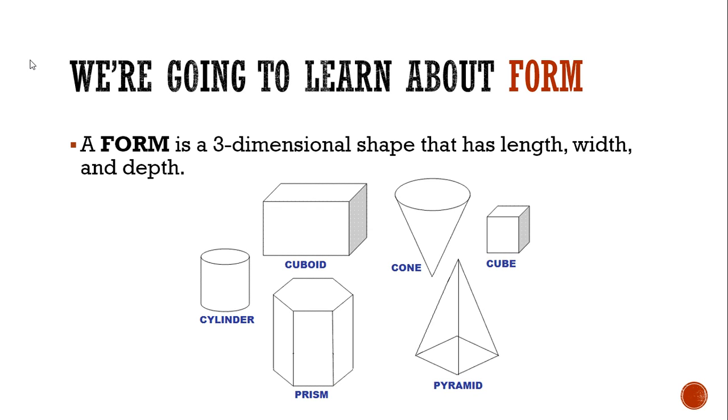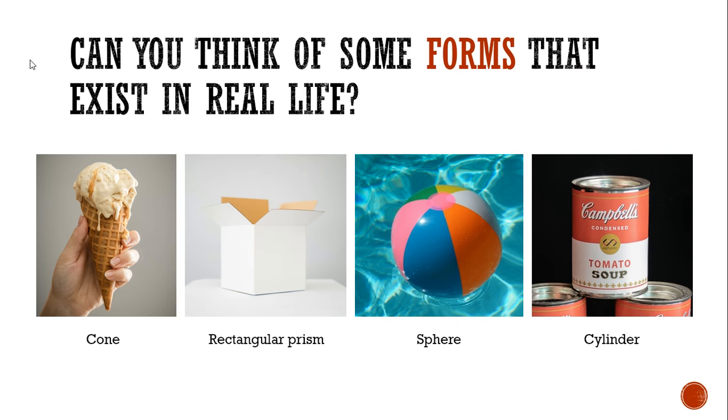Here's some examples of forms. Can you think of some forms that exist in real life? For instance, here's a picture of a cone shape in an ice cream cone, or a box, which is a rectangular prism, a sphere, which is a beach ball, a cylinder, a can of soup. And I bet you could look around you right now and you would see some other shapes that are common